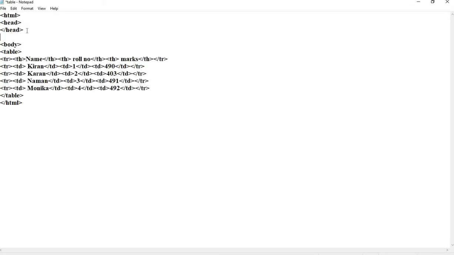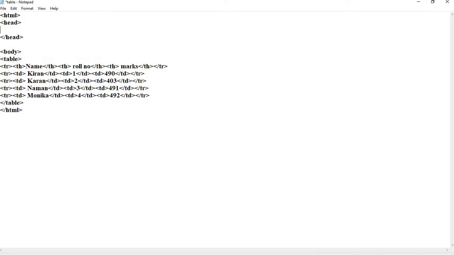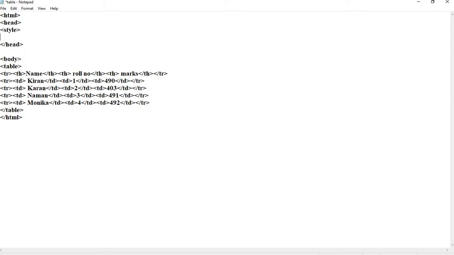For using CSS, I am using the style tag. We are using a table element, so we can add the selector table.